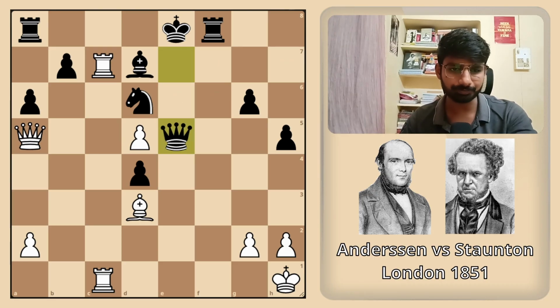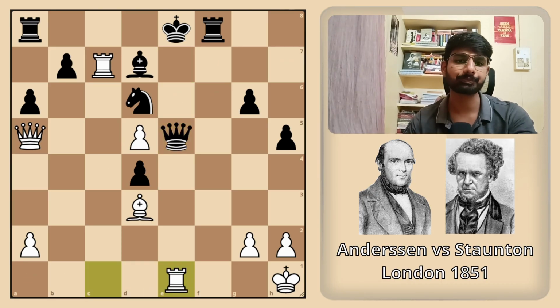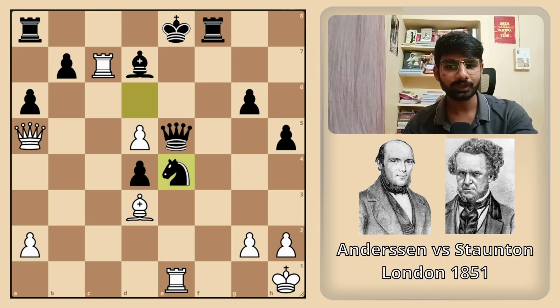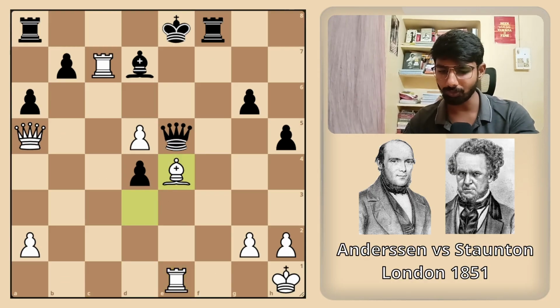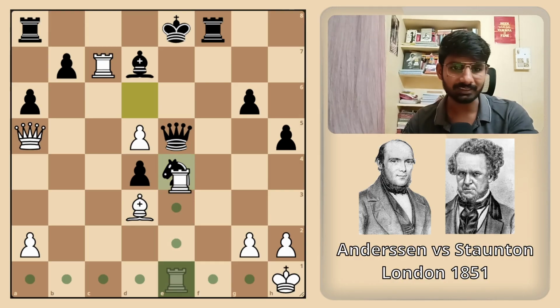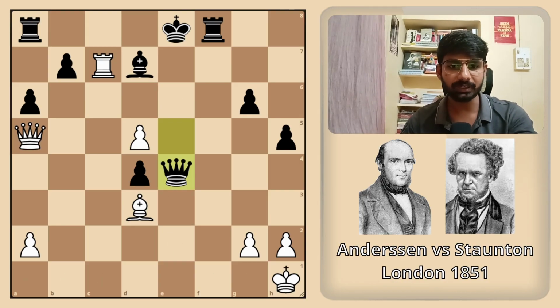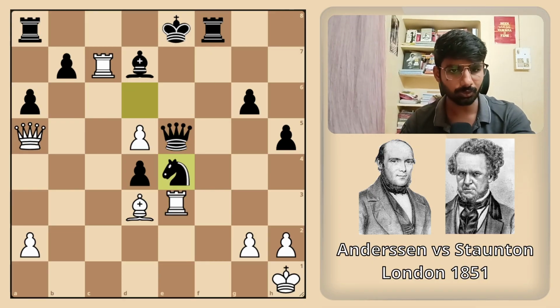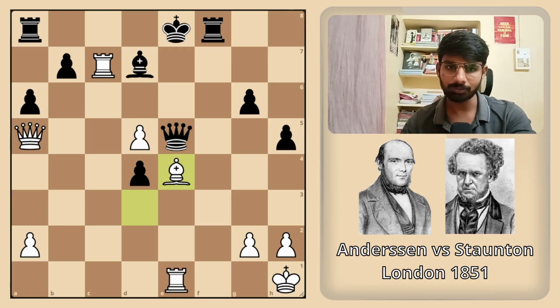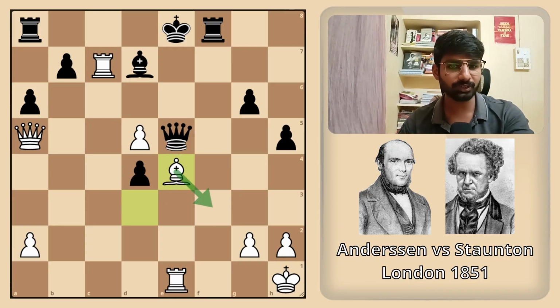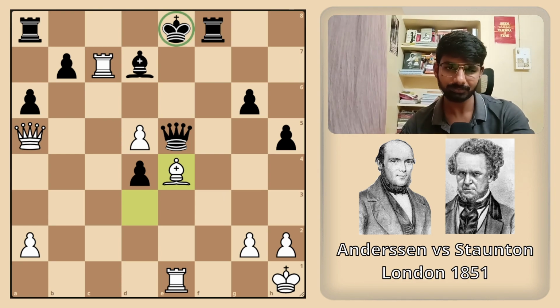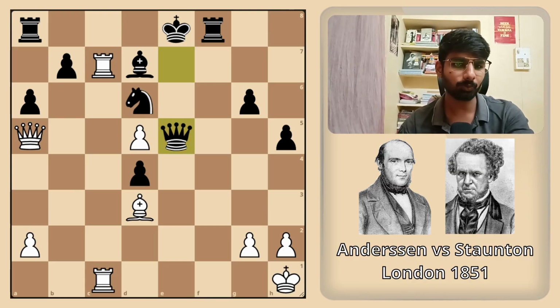White takes this pawn, rook e1. And if knight e4, obviously bishop takes e4, but not rook takes e4, because after rook takes e4, it's losing for White. Queen takes e4, bishop takes e4, and rook f1 checkmate. So bishop takes e4, and now we are threatening bishop f3 or bishop d3. We are going to win the queen. Also, Black's king is not safe. So this is completely winning for White.